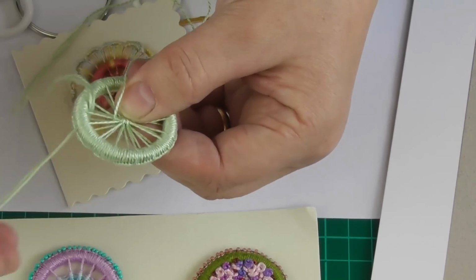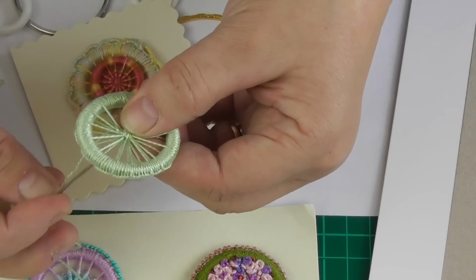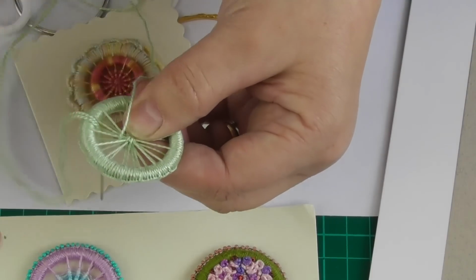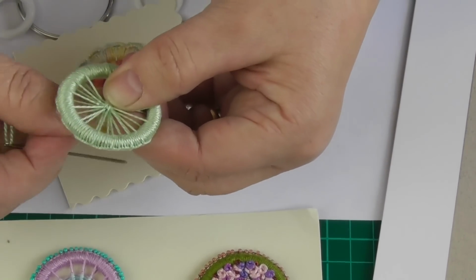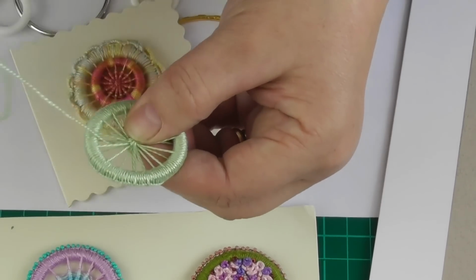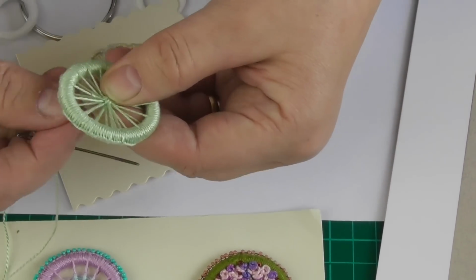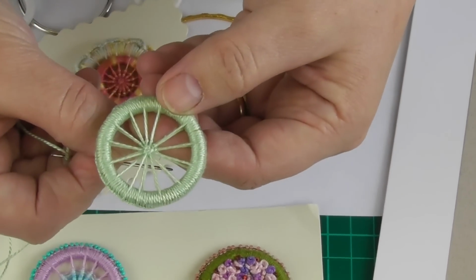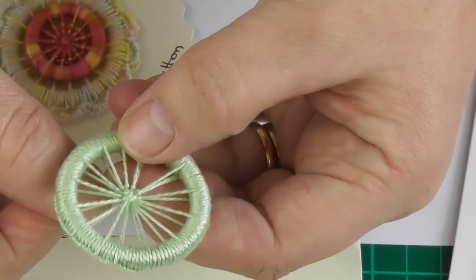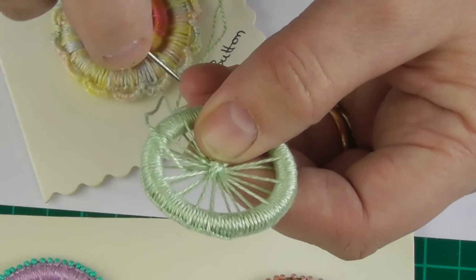and down over that spoke. So I'm working backwards. So there's the next one, and I'm going down through that one. So I'm actually wrapping each of the spokes, and I'm doing it, it's like a backwards spiral really. And this is all you have to do, and you just keep going. Can you see those little blips that are arriving in the middle? Now they may be uneven to start with, but as you begin to work your way round, and you don't stop, you just continue,